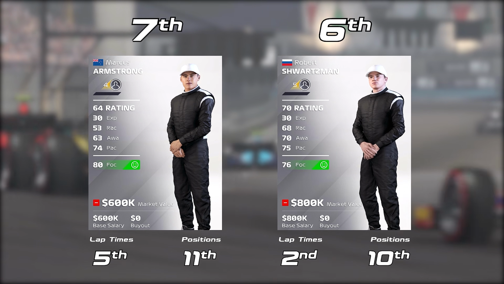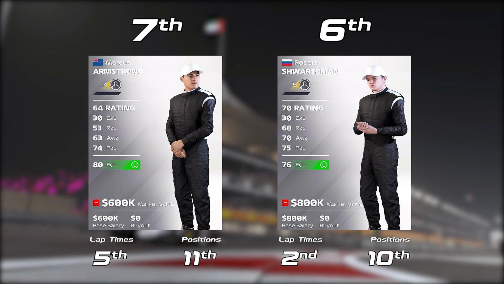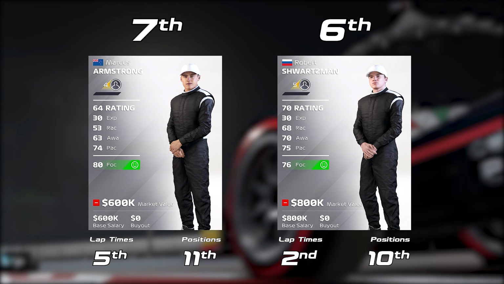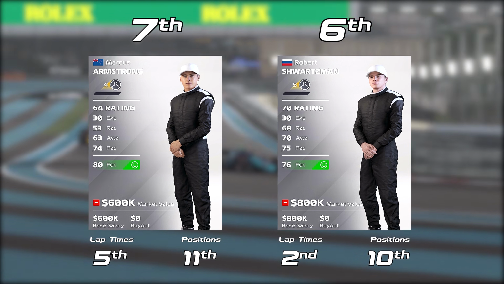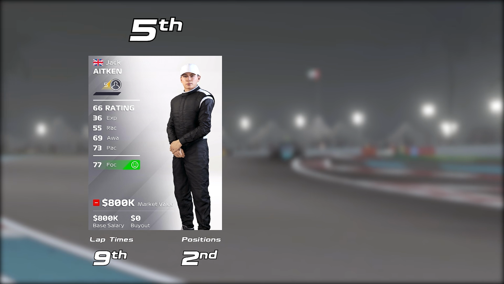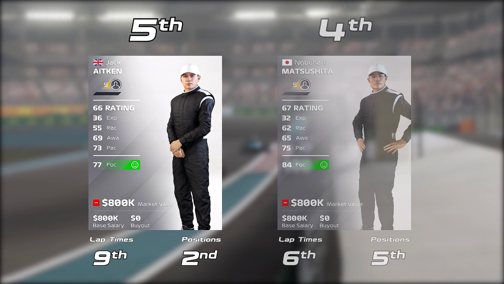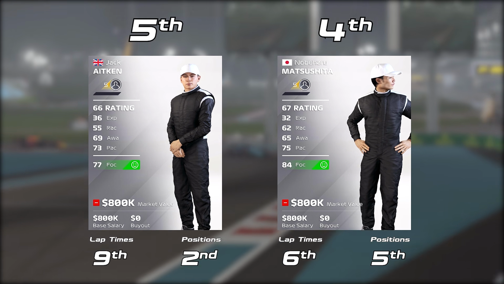Again, another one you would think would be right up there and probably should, and for pace he is, being 2nd for lap times, but he ended up only 10th for the qualifying and race positions, which has ultimately ended up dropping him down the order. In 5th we have Aitken, who is basically the opposite of Schwartzman, only 9th for the lap times but 2nd for race positions. 4th is Matsushita, who unfortunately can't defend his title from last year's game as best